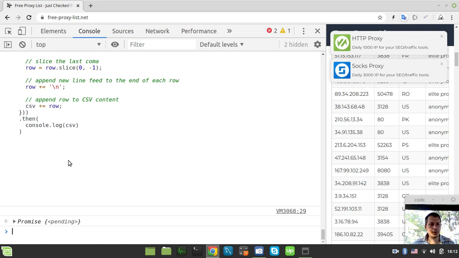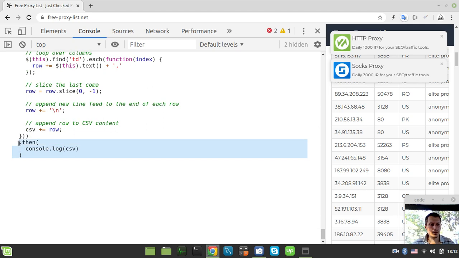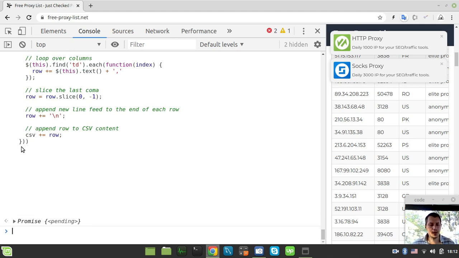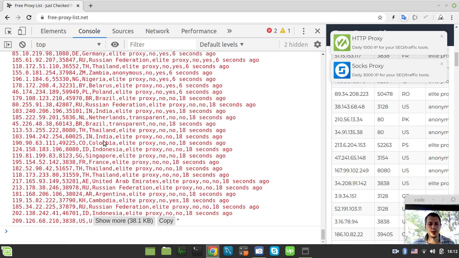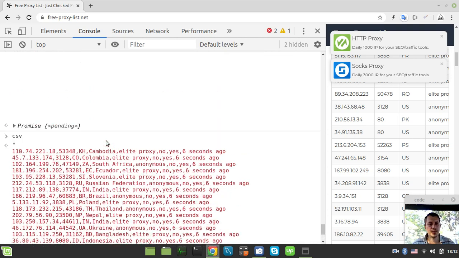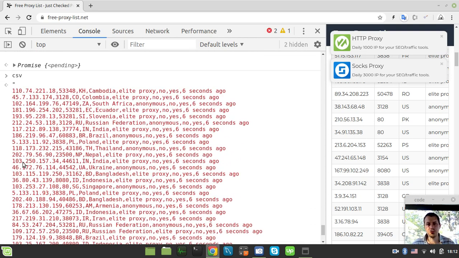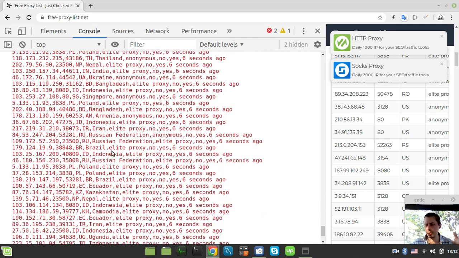Yeah, unfortunately we didn't print anything, so let's just get rid of this stuff and have a look at CSV. Okay, so here is our CSV data,